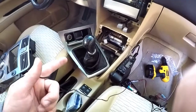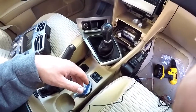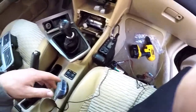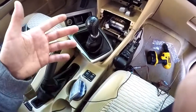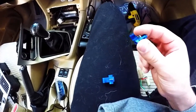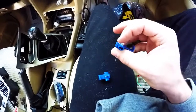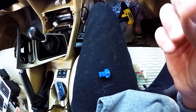Now what I'm going to try to do is either tee in or split off of the cigarette lighter power like I said I was going to, and permanently connect the wires so that it's always powered. So how I am going to do this is I got these 2 little vampire clippy type wires. Basically what this does is it connects the first wire that you're running through to whatever you happen to be